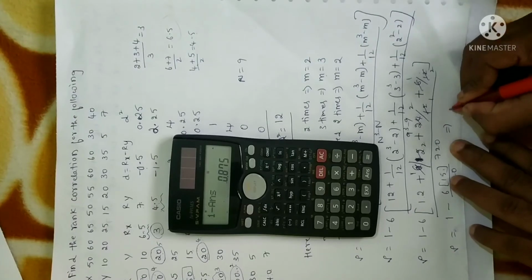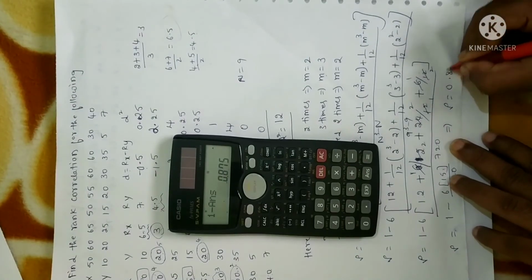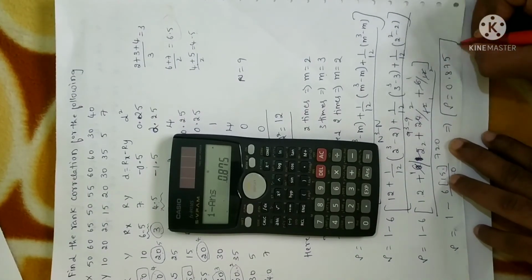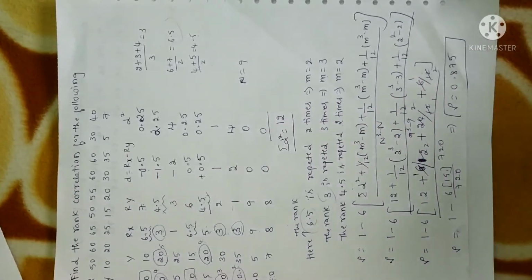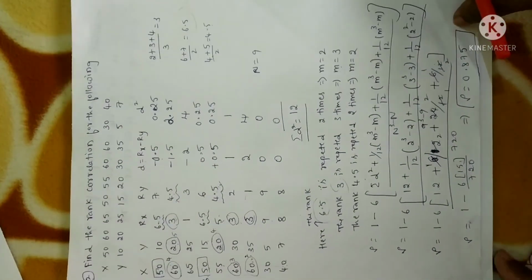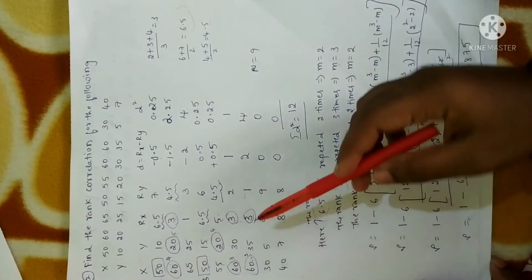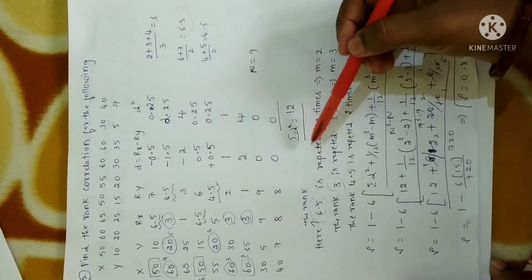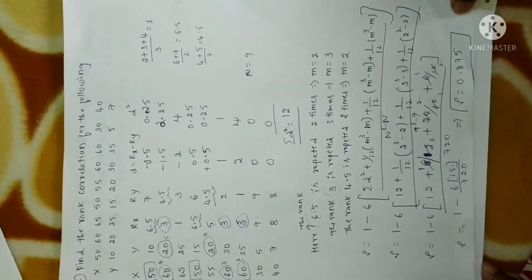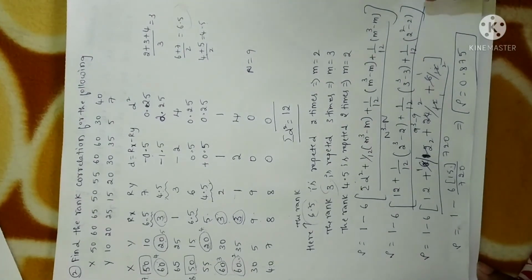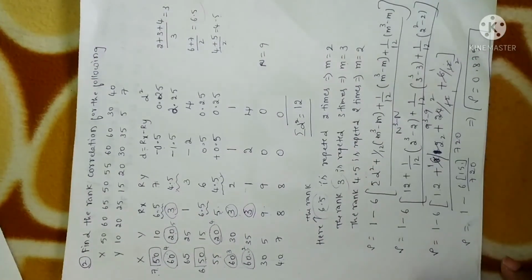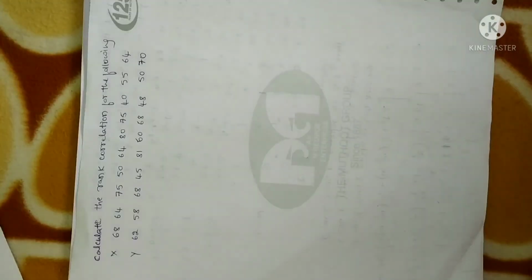So the required Spearman coefficient of rank correlation is 0.875. Hope it is clear. The main thing is, while placing the ranks you have to take care, the number of repetitions has to be taken care of, and the formula has to be remembered. Hope this is clear, and this problem is important. You just practice this. Now let me solve one more problem of the same kind.